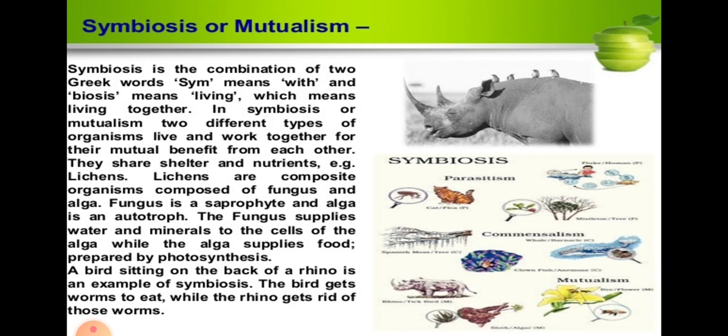In lichens, the green-colored plant is called alga, which is an autotroph, and the non-green plant is known as a saprophyte, the fungus. They live together, and the fungus holds the alga cells in its mat, a web-like structure. The fungus absorbs water and mineral salts from the surroundings and supplies them to the alga. This is all about symbiotic plants, or symbiosis.